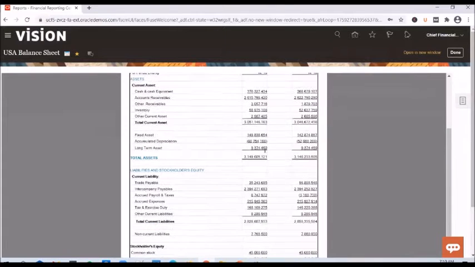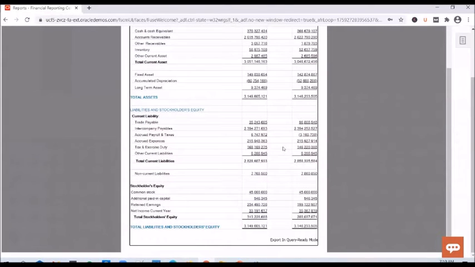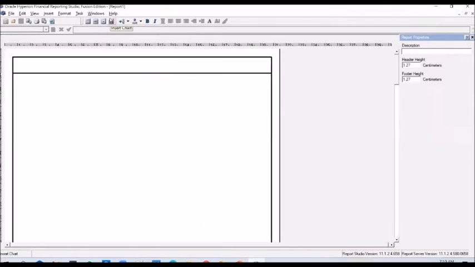And in this report, if you look at it, it's only printing the output in a tabular format, right? But we will also see how we can print the output in a graphical format as well. Okay, we'll see how to do it with the help of the chart component. So first, let's click on the grid and insert it into the report.